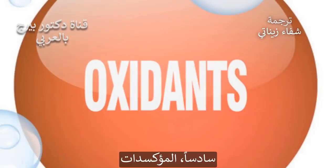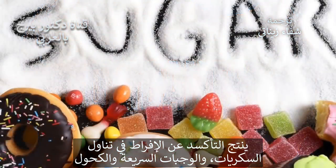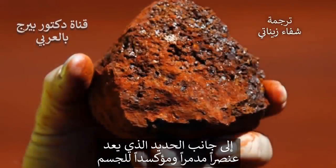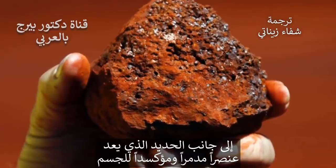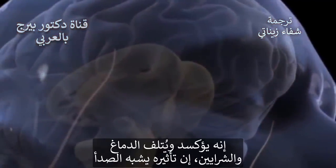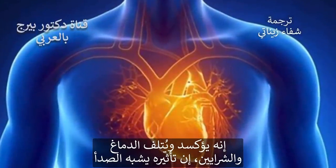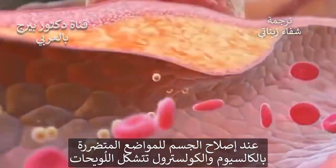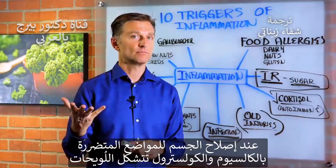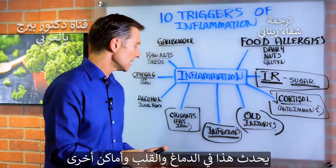Okay. Oxidants. Now, this could be many things, from too much sugar to junk food to alcohol, but I want to mention free iron, okay? Free iron is very corrosive. It's very oxidative in the body. It destroys things. It goes to the brain and destroys. It oxidizes the brain. It oxidizes the arteries and basically creates like a rusting effect. And then the body comes in to repair it with calcium and cholesterol. So that's called plaque. Okay, it happens in the brain, happens in the heart, it can happen in other places,